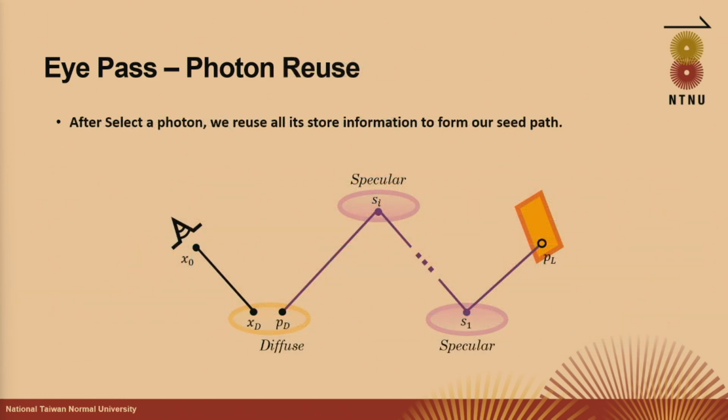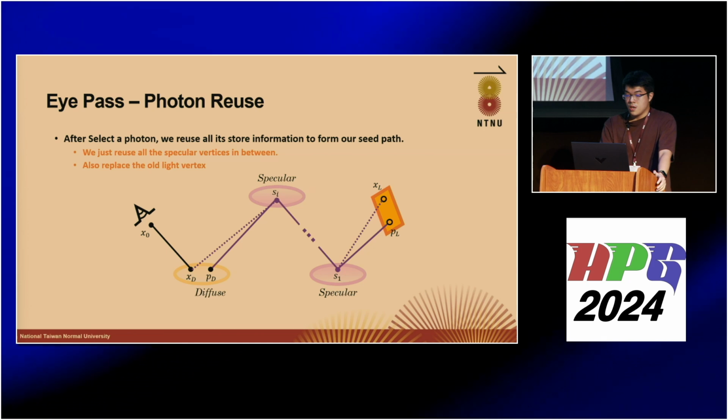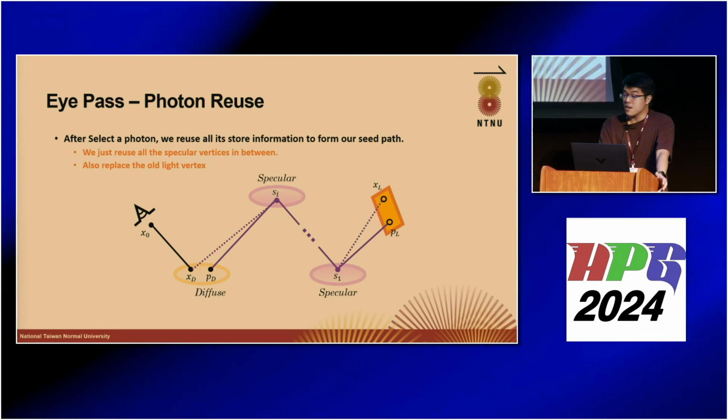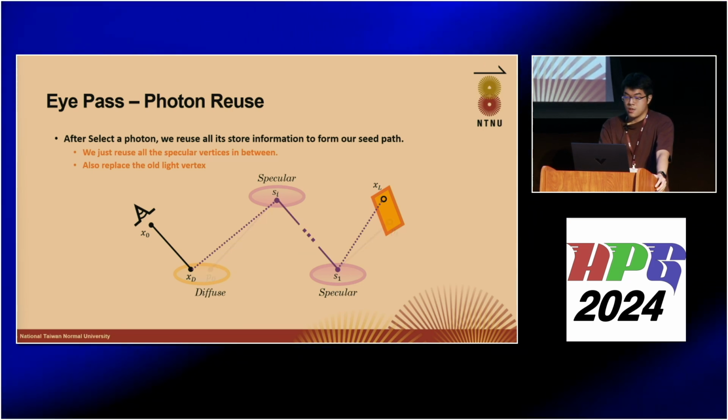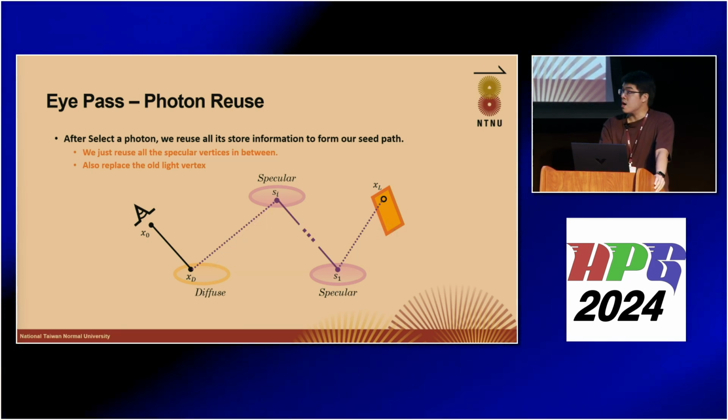And so now we have selected the photon, so the next stage is to reuse it. As previously mentioned, we will reuse all the photon vertices. The first step is to connect the shading point to the last specular vertex of the photon path. Then we follow the photon path until before reaching the light vertex. And then we replace the photon's light vertex with a newly sampled vertex on the same light source. Now we have a complete C path for us to